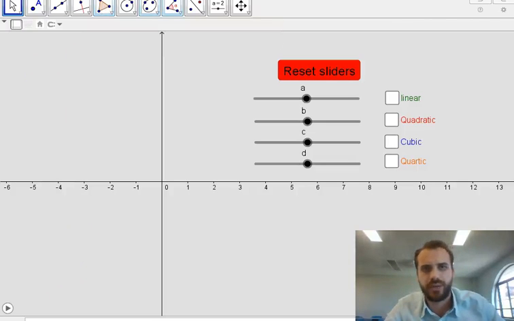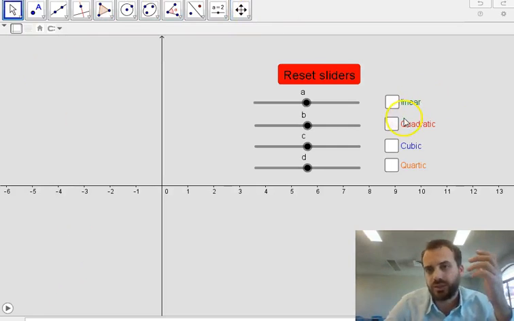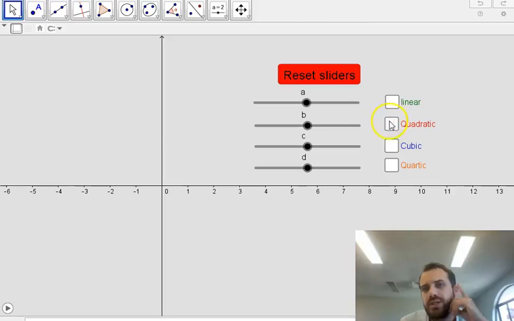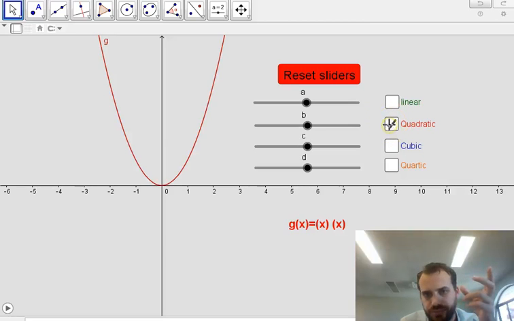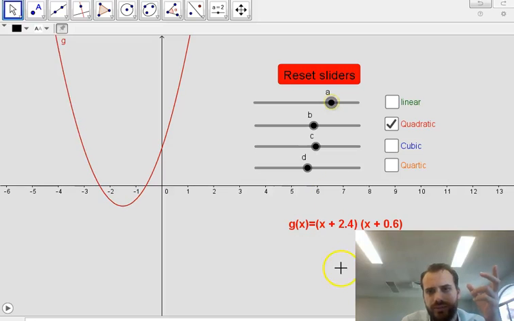So you've already had a play with this worksheet. Basically, it's a look at linears, quadratics, cubics, and quartics in factor form. Now, I'm just going to skip over the linear and jump straight to the quadratic. So here's our quadratic, and you can see that if I move the A and the B slider, what we